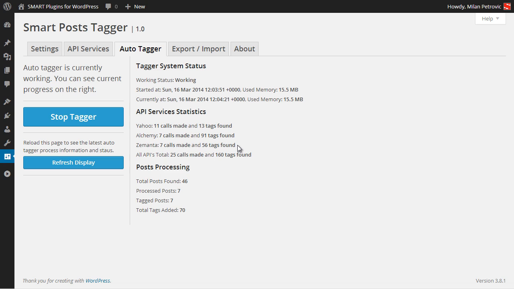So this can be a bit of a problem, but there's no way around it. You need to tag parts of your posts at the same time to get most of the results and not hit the limit imposed by the services we use here.